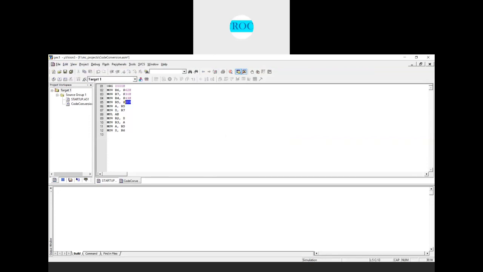Now I'm multiplying 2E with 62H. Now multiplication AB. Again the lower byte will be stored in the accumulator, and the higher byte will be stored in the B register.